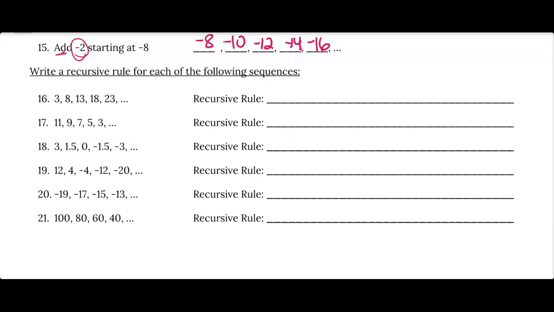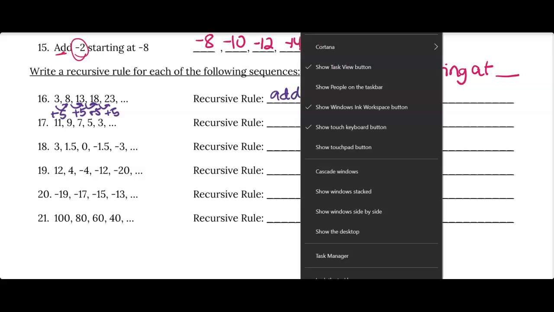This last piece, you're going to go backwards. So I'm going to give you the sequence, and then you're going to write the recursive rule. Remember, you'll always say what to add and where to start. That is your shell that you will fill in each time. So, looking at number 16, to get from 3 to 8, I know that I add 5. That works to get from 8 to 13, and from 13 to 18, and from 18 to 23. So I know that I'm going to add 5